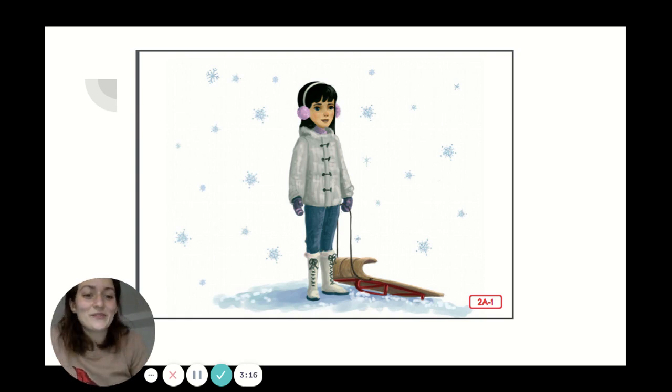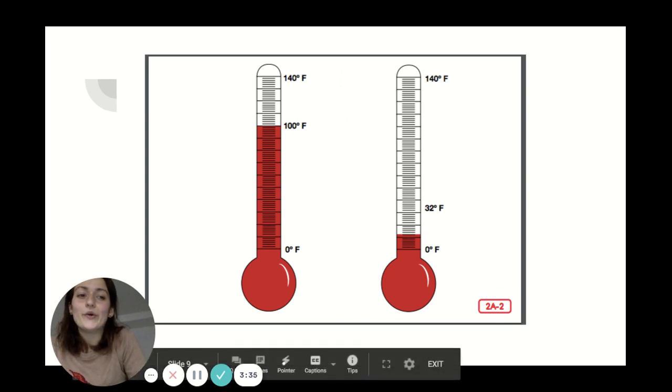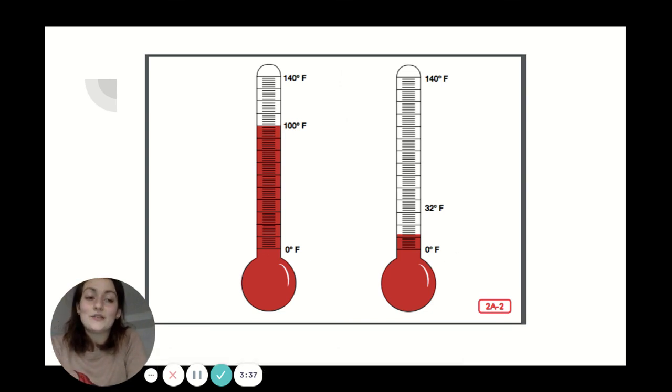Cold. Winter is the coldest season of the year in most of the United States. The shortest day of the year is December 21st. It marks the beginning of winter. Winter also includes the months of January and February. It can get very cold in the winter in most of the United States.